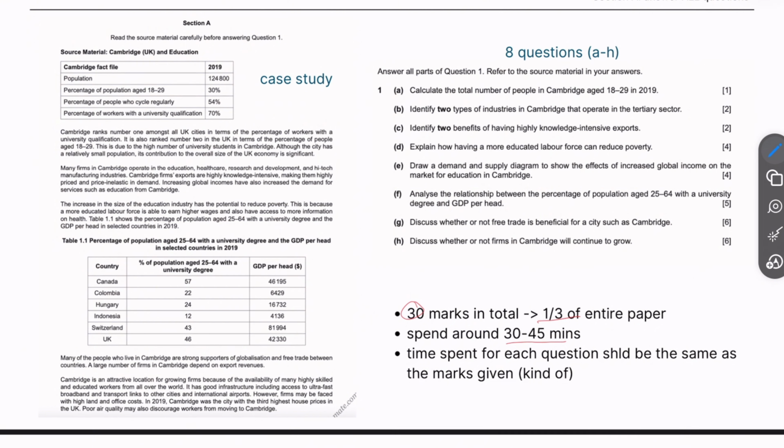The time spent for each question in this section should be around the same as the marks given. So if the question is 4 marks, like this one, then it should be around 4 minutes. But obviously this is just the overall gist of it, and you can tweak it a little bit and maybe spend a little bit more time on some questions, but just remember to not go over 45 minutes in general. However, you should definitely spend around 2 to 3 minutes